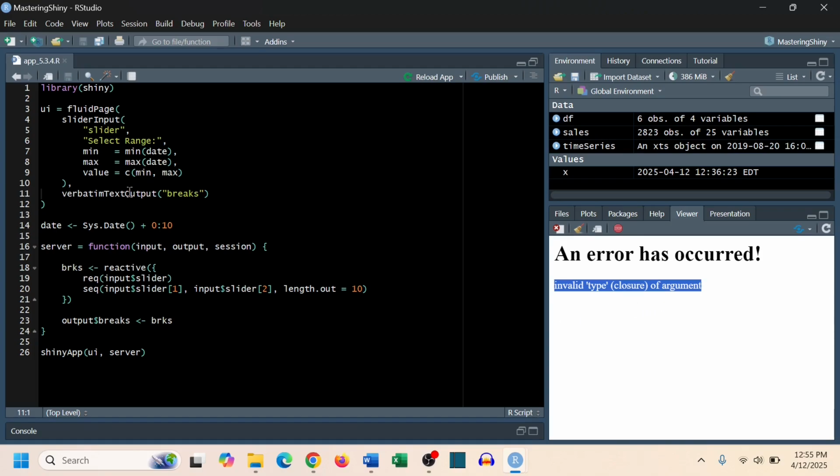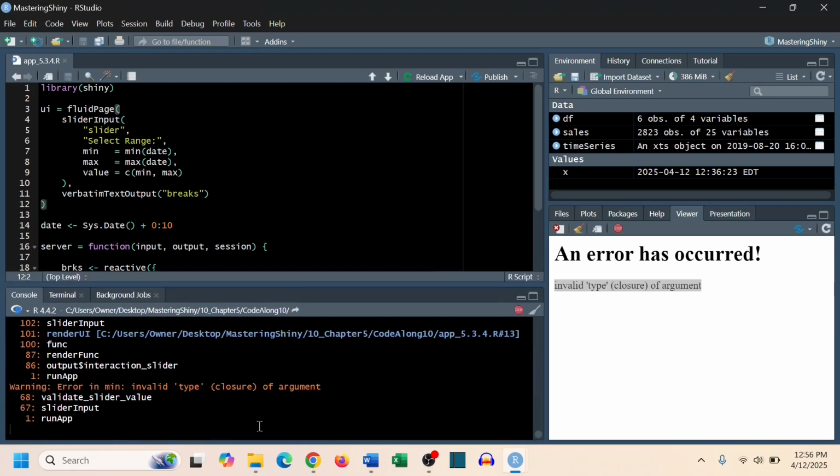What I can see here is this: min and max here is not the same as what we see here. So this min is not an object that stores a value of date. So instead of min and max, you need to provide a date value. Okay. So what I mean by that is,